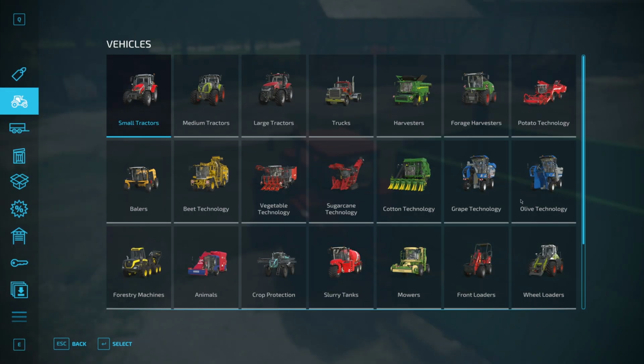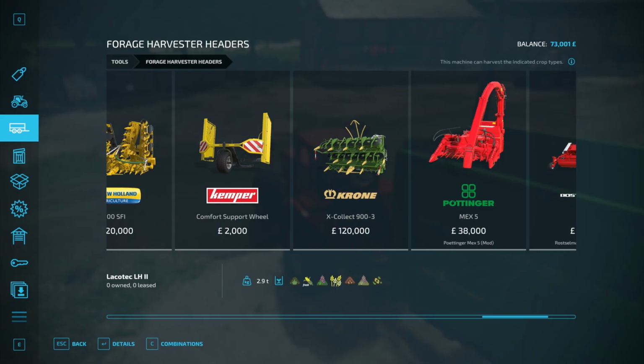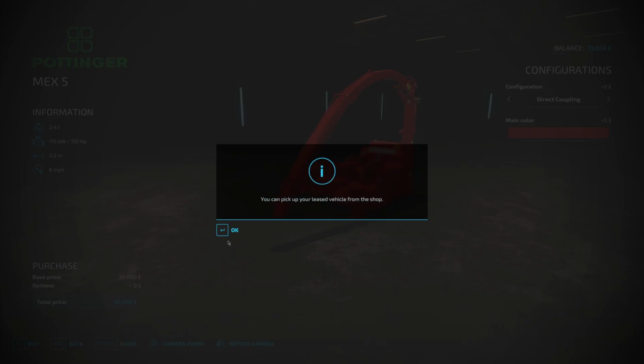Welcome back to the Valley of the Old Farm. And you remember last time we bought ourselves a maize field with some ready to silage maize. So we're going to do that today. We're going to lease the Pottinger Max 5